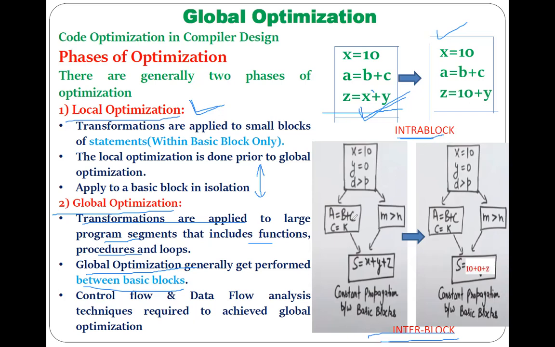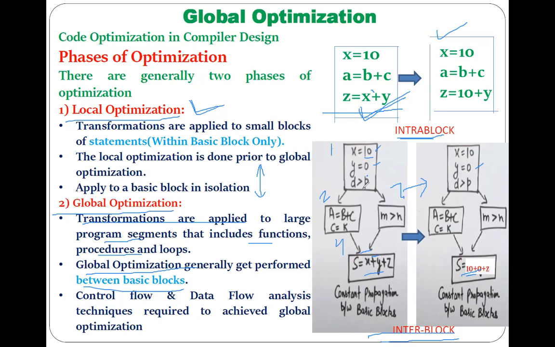Okay, and that example also I told you: these are the basic blocks 1, 2, 3, 4. Now in this basic block you can see where the optimization can be done. The x and y values are declared here, so that value we can replace here instead of writing x and y as they are. That is called global constant propagation. This means we write the constant value in place of the variable instead of writing the variable itself. Understood? So this is the optimized code in the basic block. You can see here we have replaced x and y with 10 and 0. That is called global constant propagation.